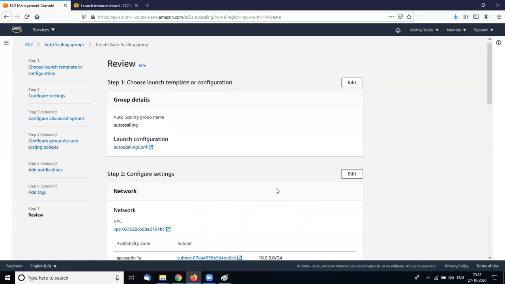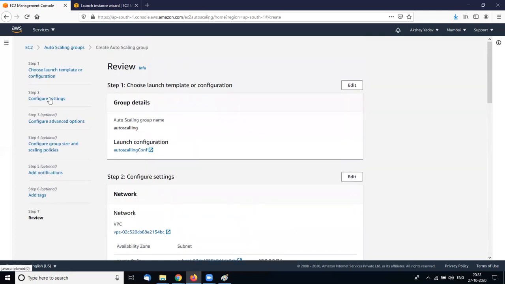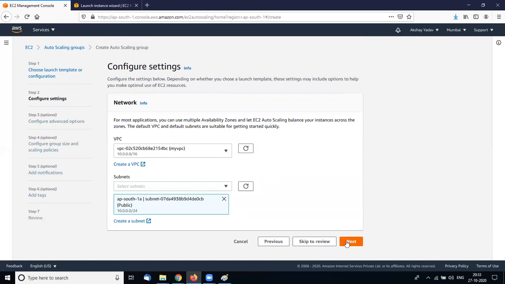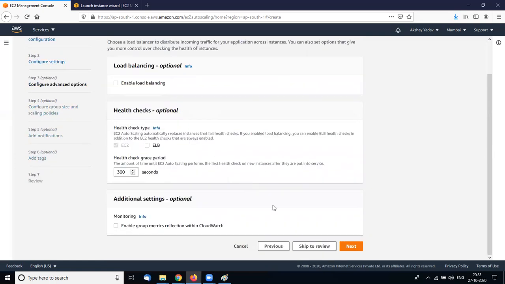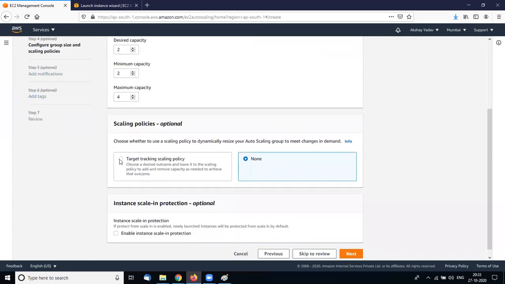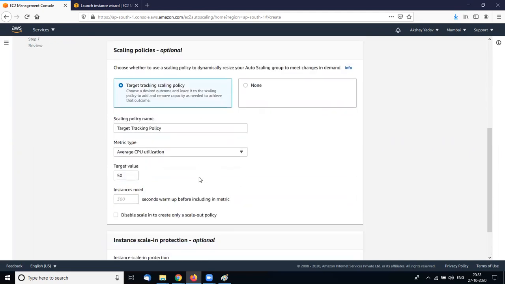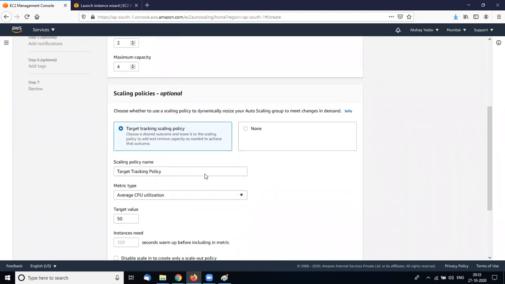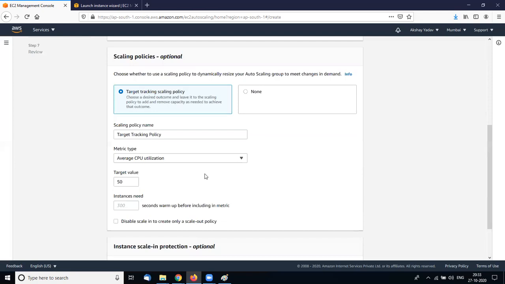If I select here, let me show the configuration settings: auto scaling, load balancing. If I set a target tracking policy, here we can set CPU utilization or metric value for the scaling policy. If I select CPU utilization, the target value is not more than 50.